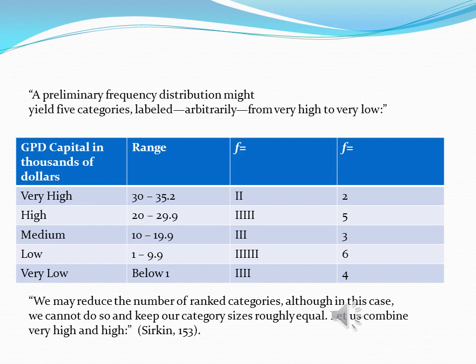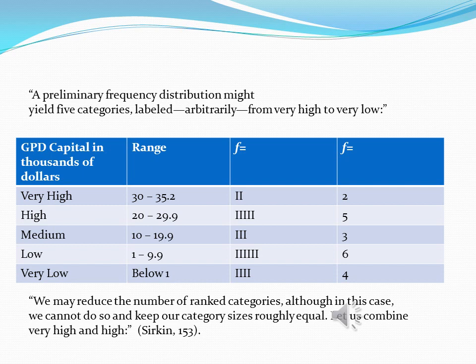And then for high, it's 20 to 29.9, which is 20,000 to 29,900. And then for the next one, medium, 10 to 19.9, and low is 1 to 9.9, and very low is below 1, which is below 1,000. And then you look to the right, both of these, the two next right columns are F equal, which is